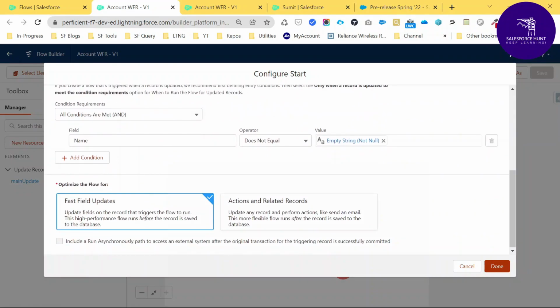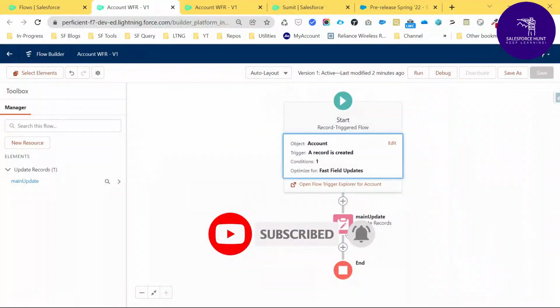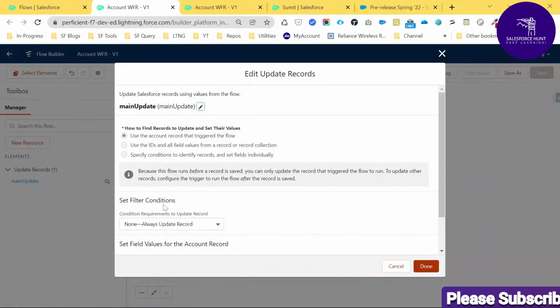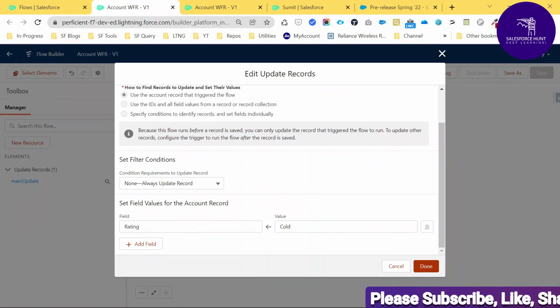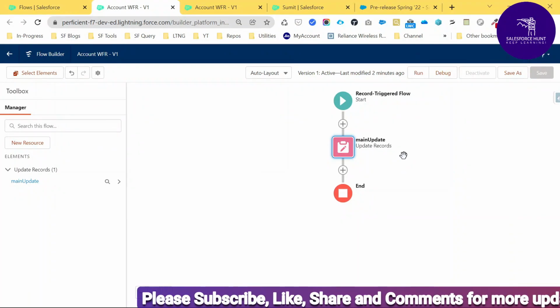Also you can see Name does not equal null value, it's a field update, and click on Done, and here you can see the action. You can copy the element, delete the element, edit the element, and you can see the field update Rating equal to Cold here, right? So all these things can also be done by a workflow rule.